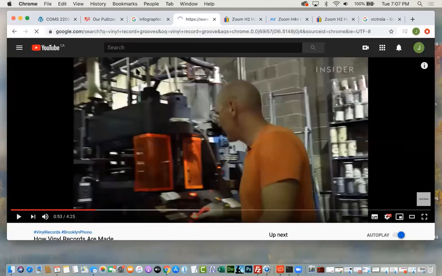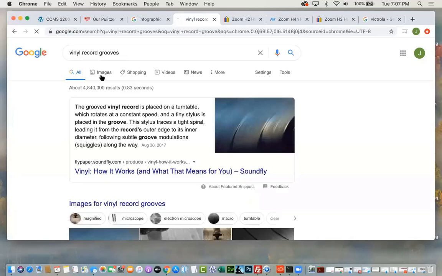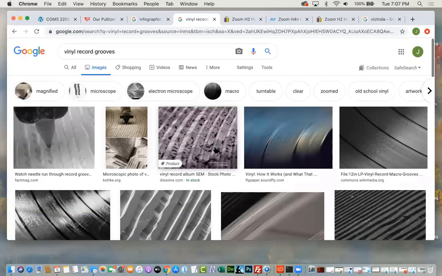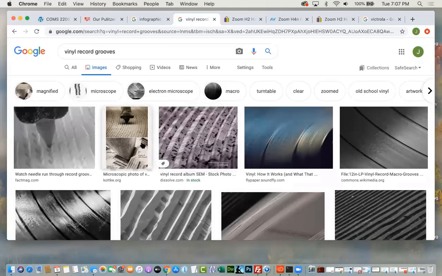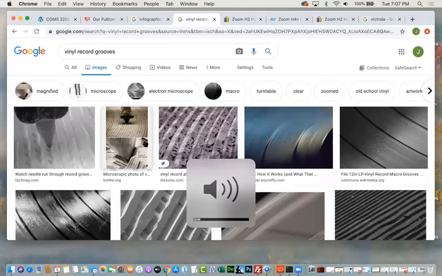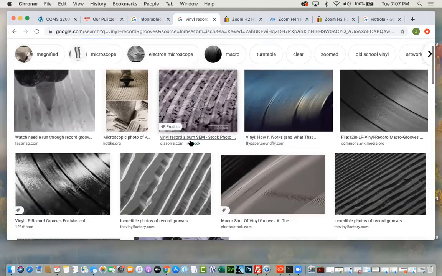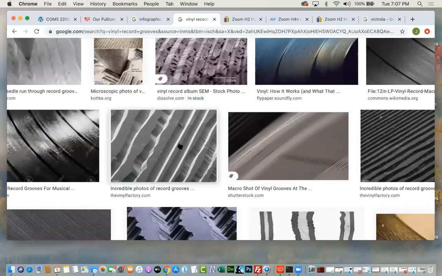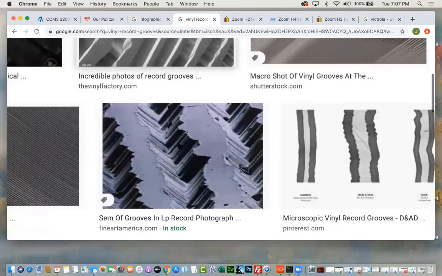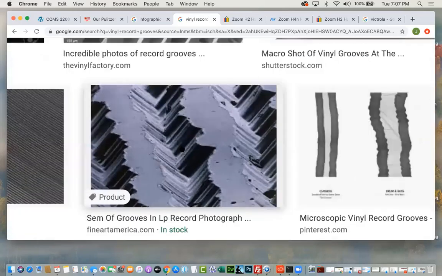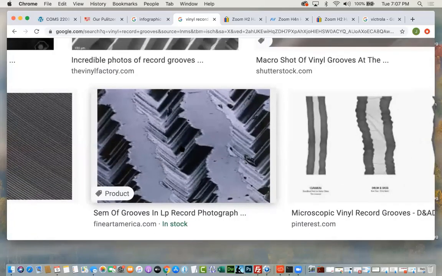Let's see what I can see here magnified. Okay, so do you see the actual groove? Yeah. Okay, so that groove is a representation of the air moving made by instruments or whatever it is that's being recorded. Do you see? And so it's an analog representation of the actual sound.